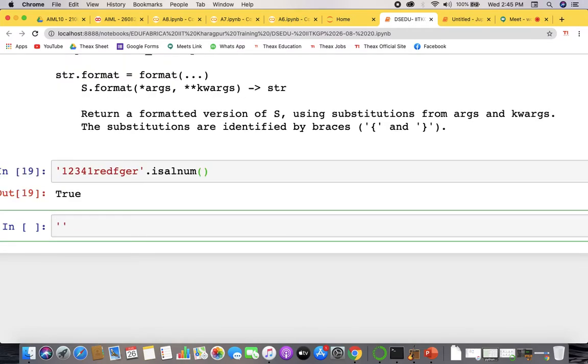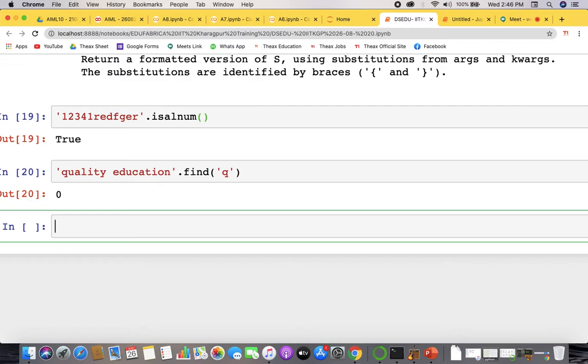Now, the point to be focused on is this: let's say quality education. Okay, let's say this is a word, and you want to find something for the Q. So what does find do? Q is in the zero position, right? The indexing and all. Okay, that is in the zero position.